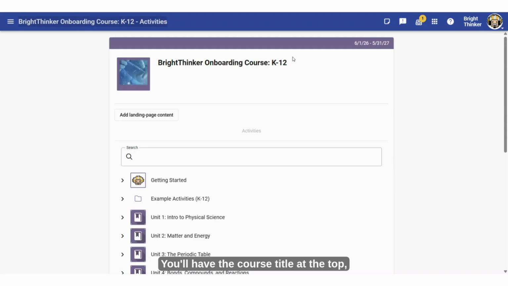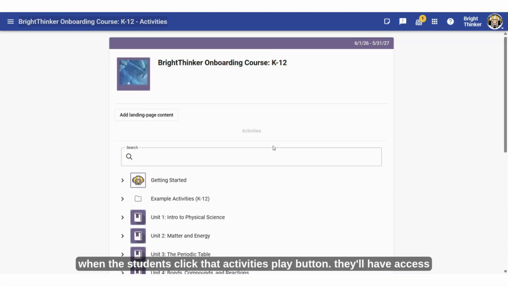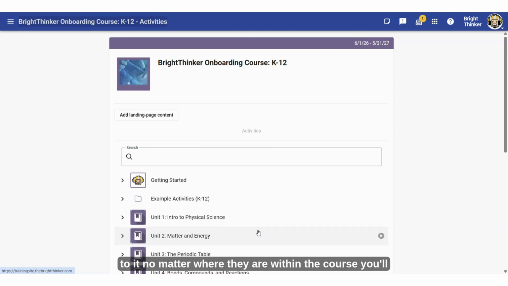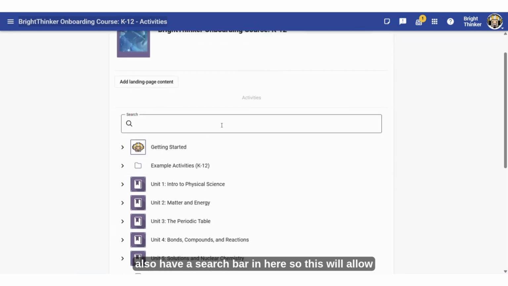So you'll have the course title at the top. You'll have the option to add landing page content, which can be a static announcement, so it can be information about you as a teacher, links you want to make sure they have access to, or just a static announcement you'd like to leave at the top of the course. So when the students click that activities play button, they'll have access to it no matter where they are within the course. You'll also have a search bar in here,